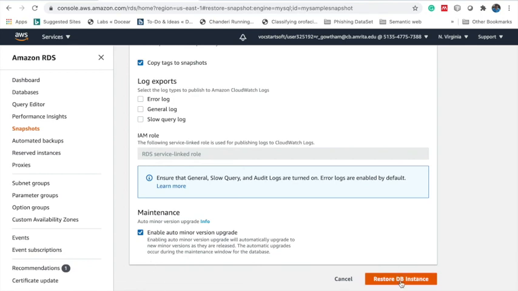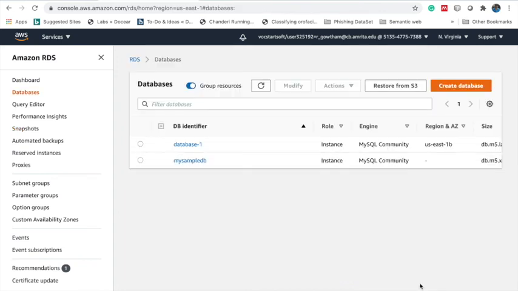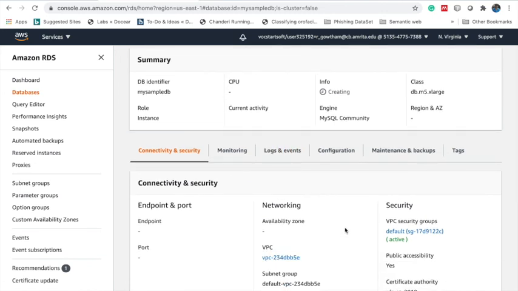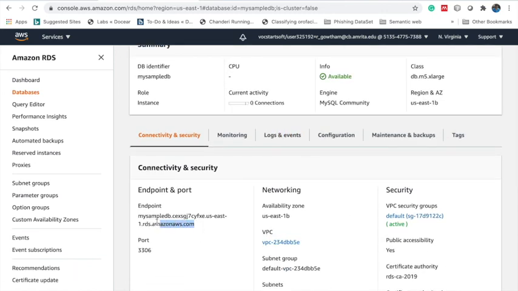And click on restore DB instance. So the moment you click on restore, the sample database will be created. Now you can use this particular endpoint to communicate with the instance which is recovered from the snapshot.